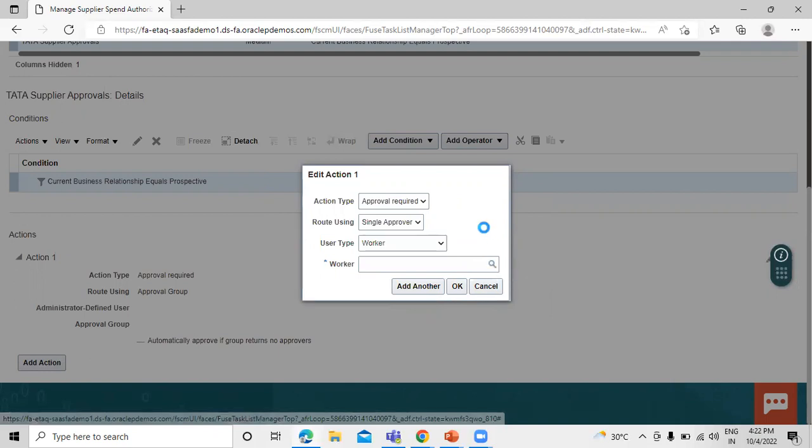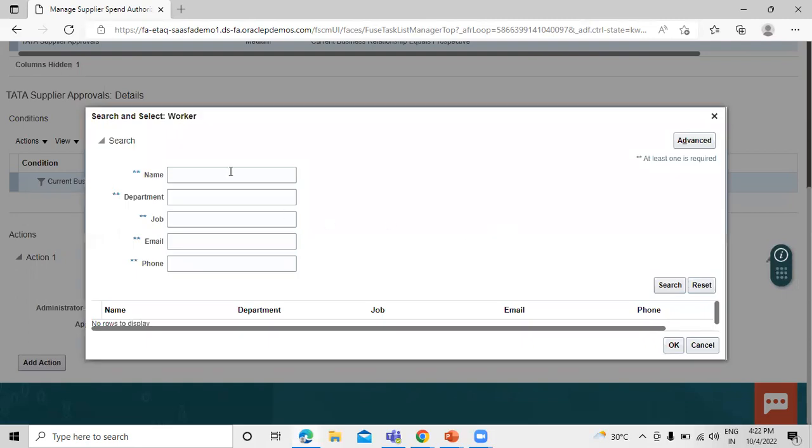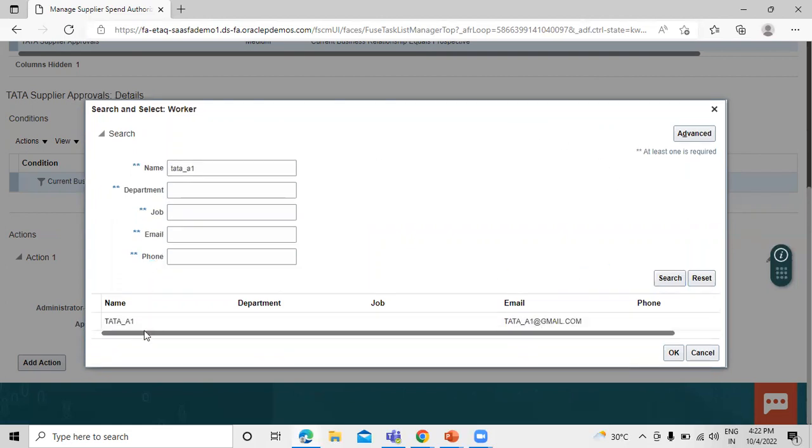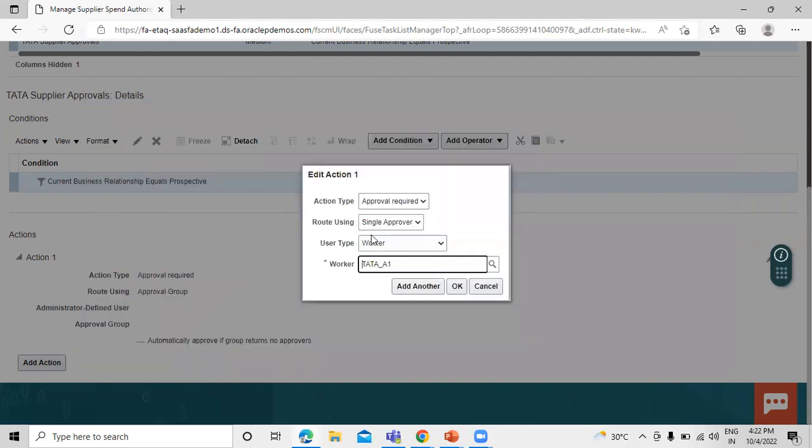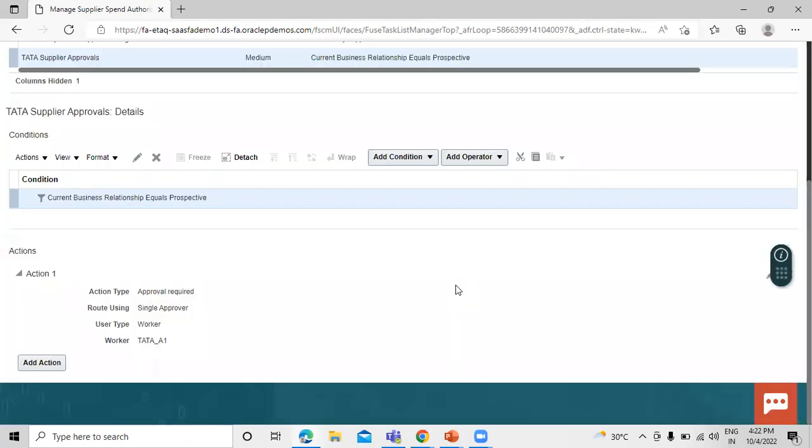So we have already created in our previous session, the name is Tata underscore A1. Search for that. So this implementation user is linked with the employee user. So first we create the implementation user as Tata underscore A1 and this implementation user is linked with the employee user when we create it in manage user, right? So select this one, click OK